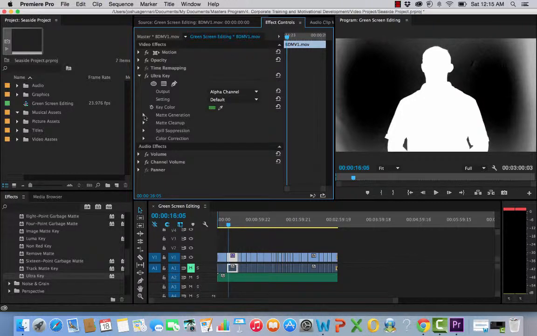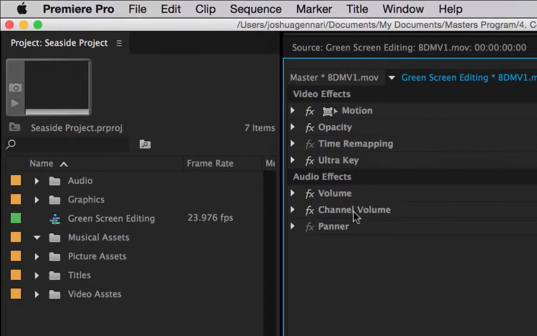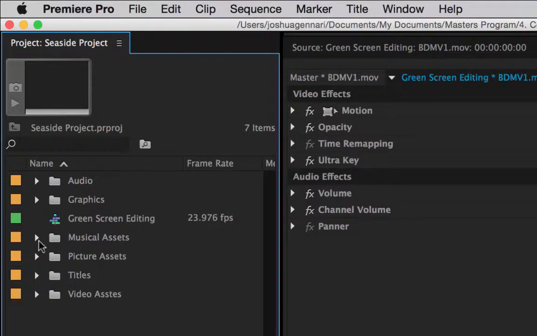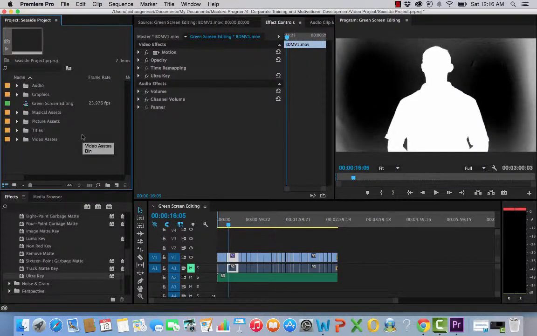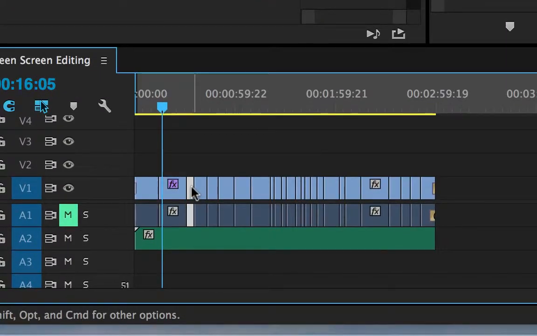Okay, so that should be a pretty basic tutorial for you guys there. If you have any other questions, let me know, but I wanted to get that basic thing done. Remember to create bins over here for all of the different types of assets you want to have. That'll help keep you organized, and it will make life a lot easier as you start adding more and more assets. But that Ultra Key effect, you're going to have to drop onto each of these